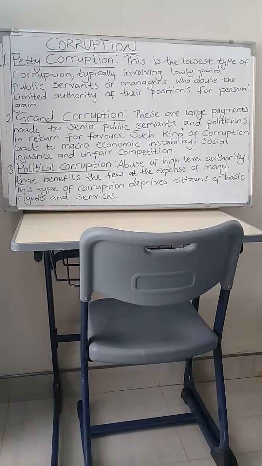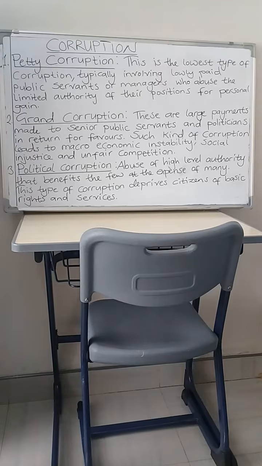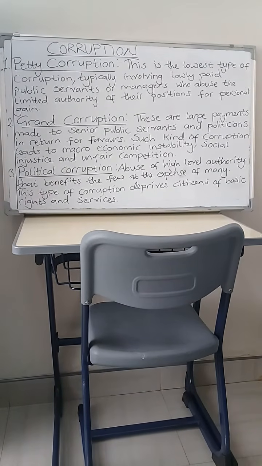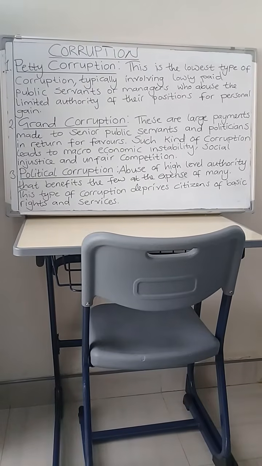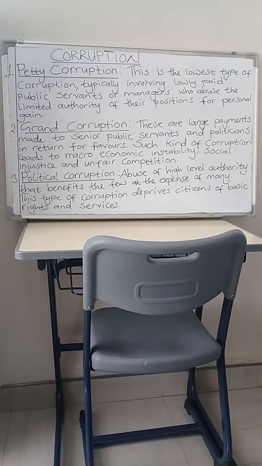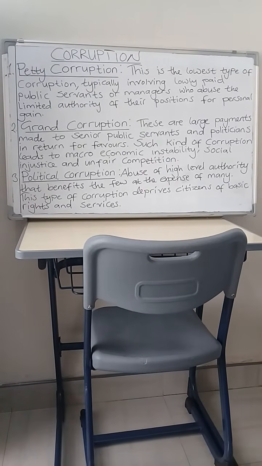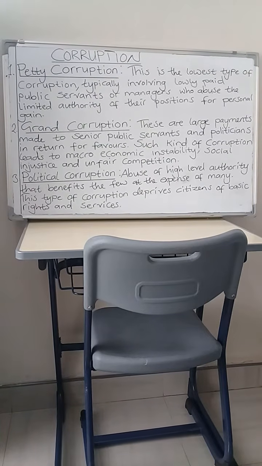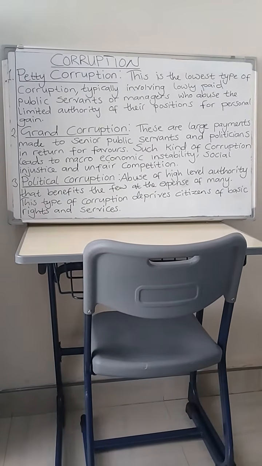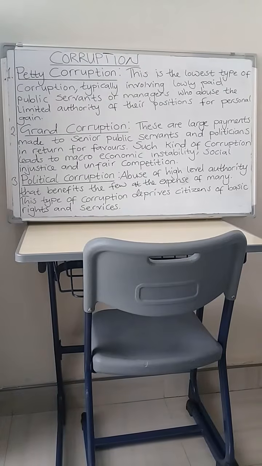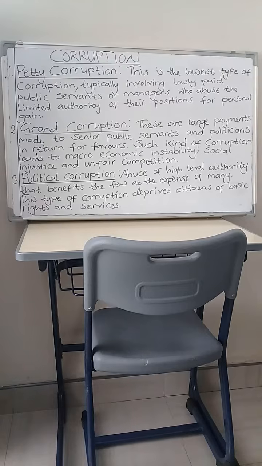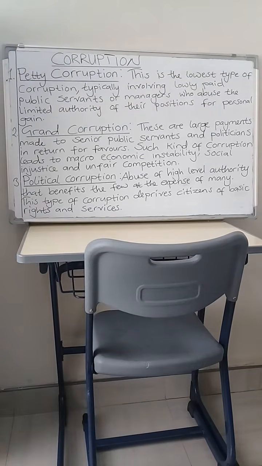For example, here is a doctor who's working for a public hospital, and this doctor accepts money from a patient who is in a very long queue, who wants to be attended to as soon as possible. So the patient gives this money to the doctor, and the doctor accepts this money. So clearly that's a very small kind of corruption, because the money isn't enough to even enrich that doctor in any way.